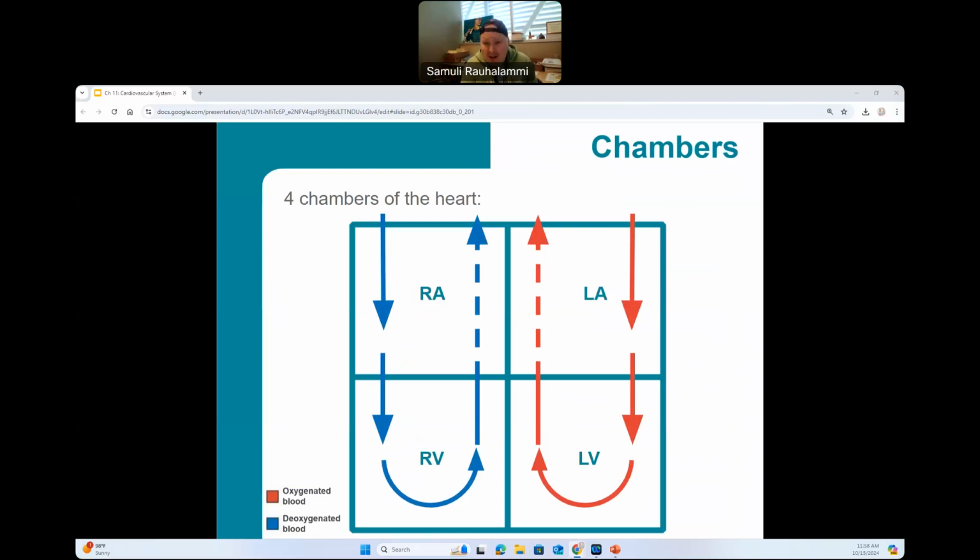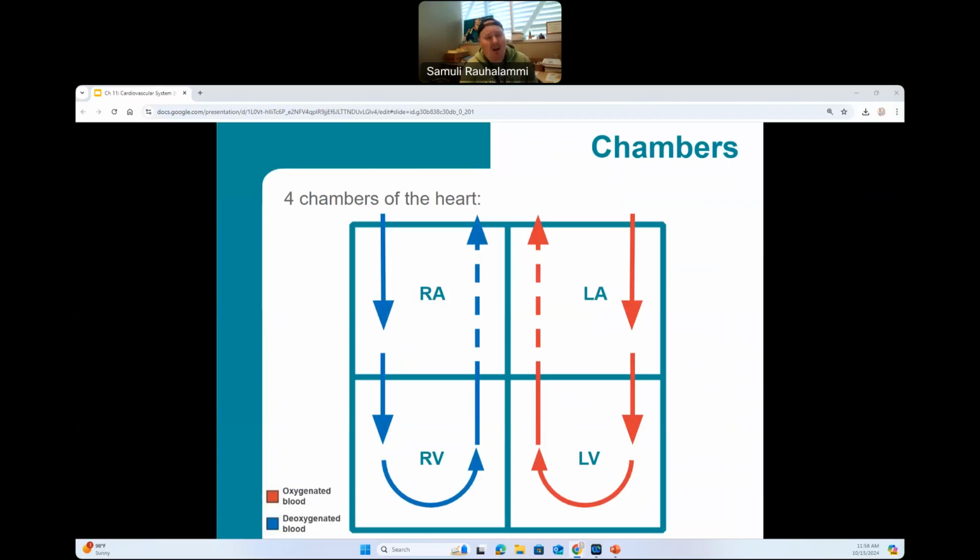And there's going to be a valve separating the left ventricle from our aorta. This is going to be our left semilunar valve. This is also known as our aortic valve. And now blood moves to the aorta. And again, aorta is resting kind of on top of the left atria, so I've drawn it as a dotted line on this diagram. And from the aorta, the blood that's now rich in oxygen travels to the systemic circulation, so all other parts of the vasculature except the pulmonary circulation.